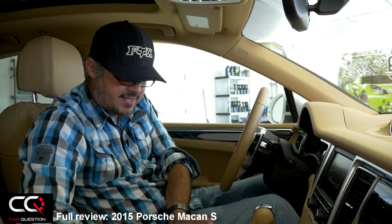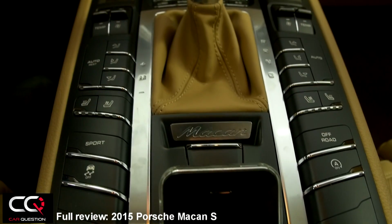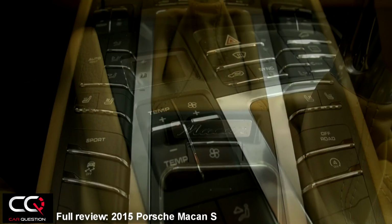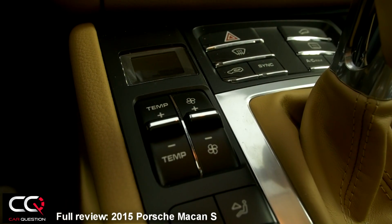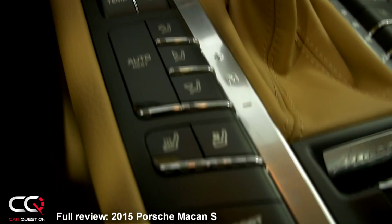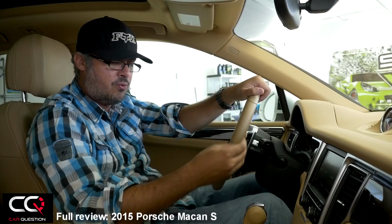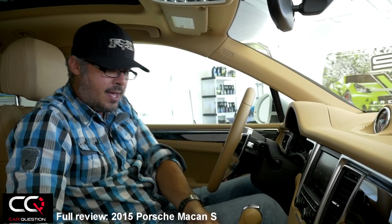If you move to that section, that's where it can be scary for some of you. But when you're used to it, no problem. It's all easy access. So your temperature is there, the power of the ventilation is also shown there, so you can move it up or down. You've got all your options also if you prefer the air to go up or down, and your options for the seats. Right now we have the optional heated and conditioned seats, so you can select that,